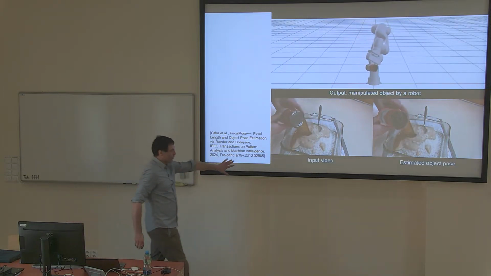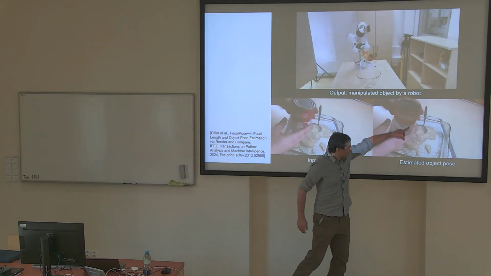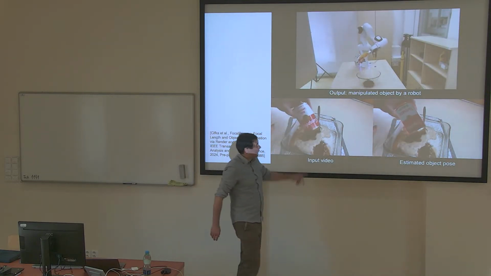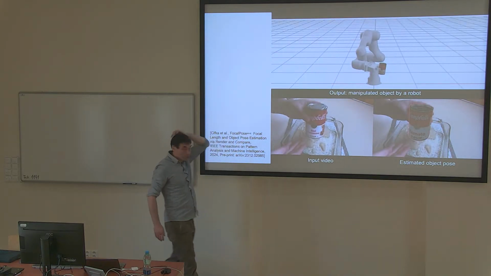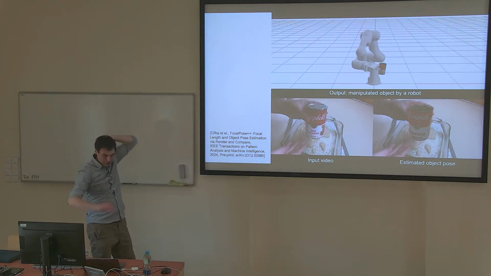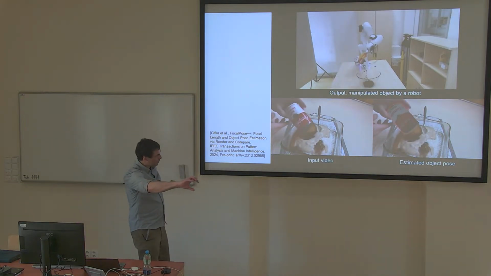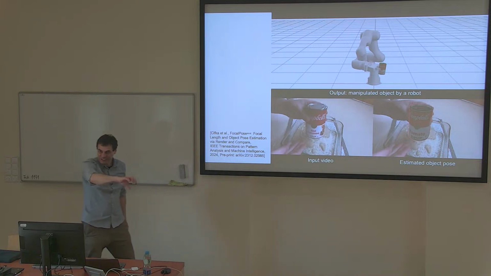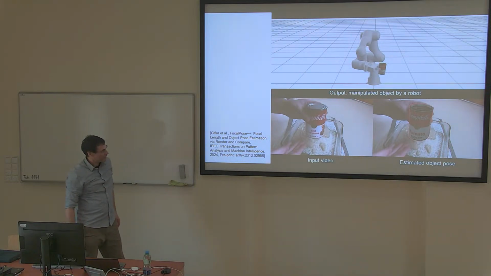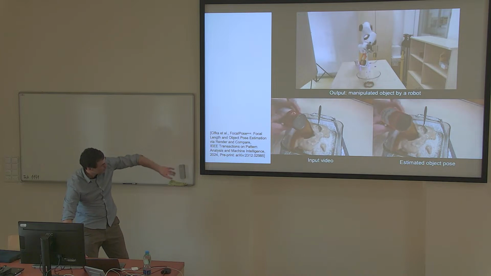So this is a YouTube video, this is the input video, this is the estimated pose of the object. And this is the trajectory of the robot, which is imitating that motion from the YouTube video. Now it's a 6D motion of the object there. It's going again. And you notice that it's really trying to reproduce this kind of subtle motion of the human, even the robot is reproducing that,